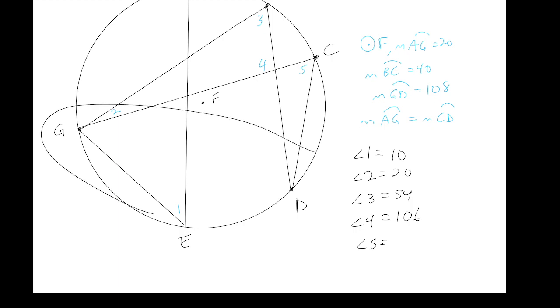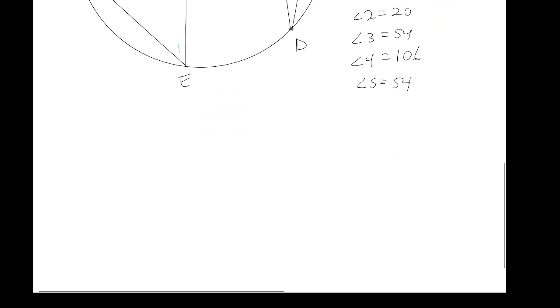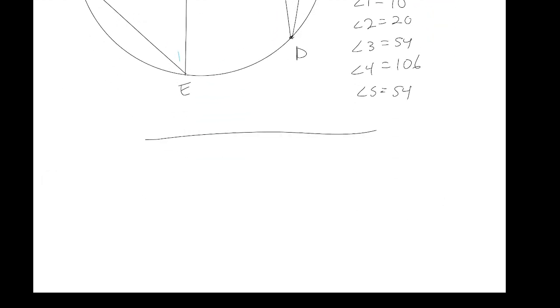We'll take a look. Angle 5, its intercepting arc is also GD, just like which angle? Angle 3. So 3 and 5 have to be congruent, of course. They have the same intercepting arc, so it's going to be equal to 54. So, more fun facts and conclusions from what we just discussed,